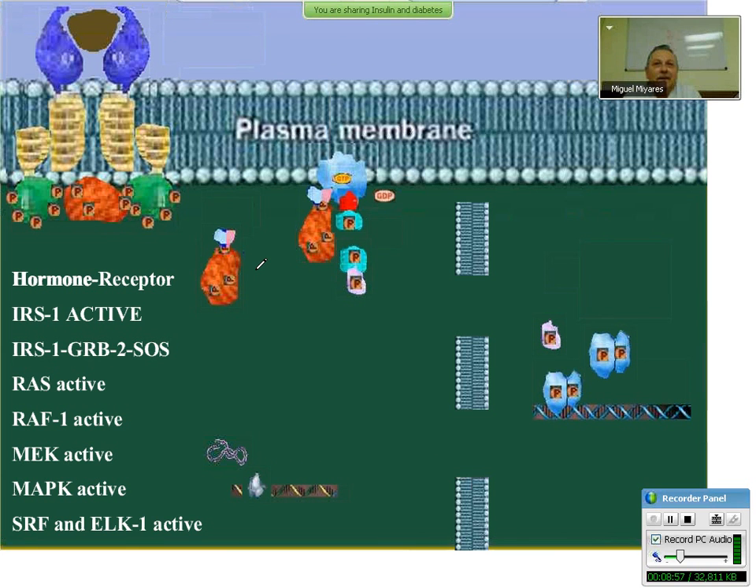This messenger RNA will be translocated to the cytosol, where the ribosomes will synthesize different proteins and cyclin-dependent protein kinase. And that will explain the action of insulin as a growth factor. But others are metabolic enzymes. And those metabolic enzymes will explain the long-lasting effect of insulin, but not the short-term effect. All those proteins that we are seeing here, of course,